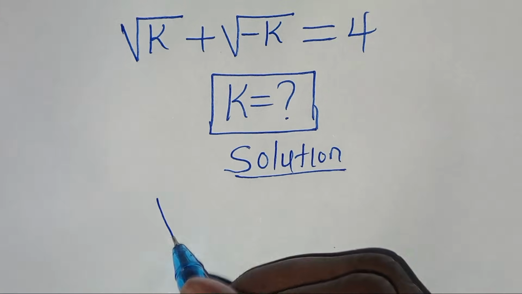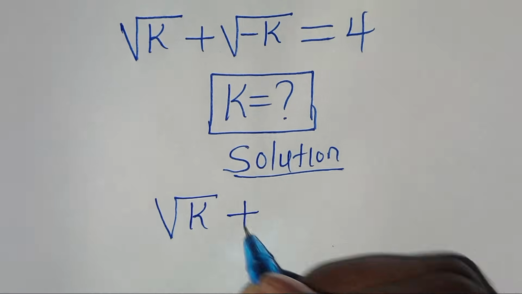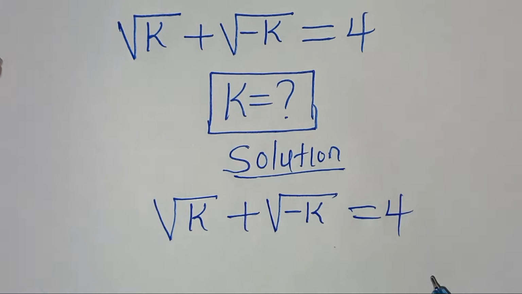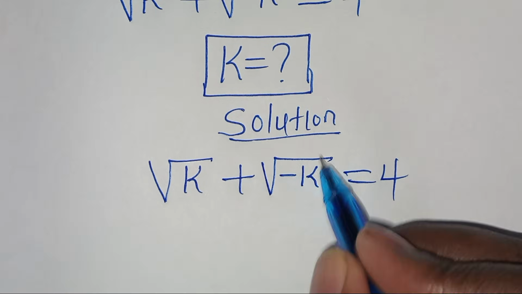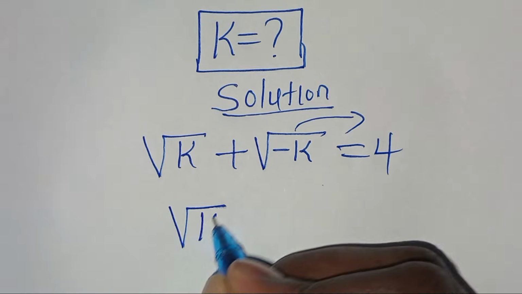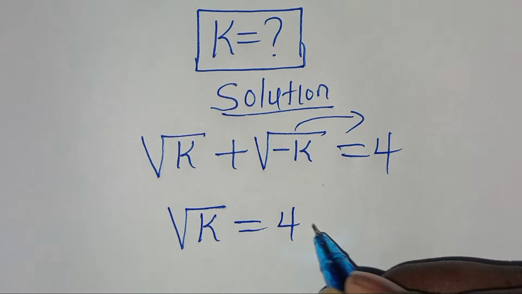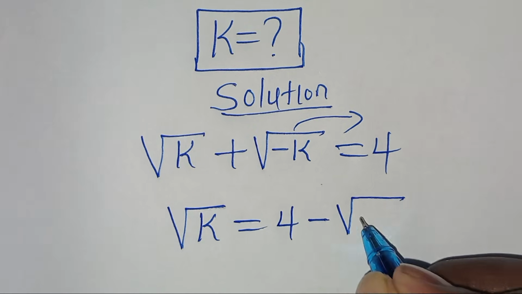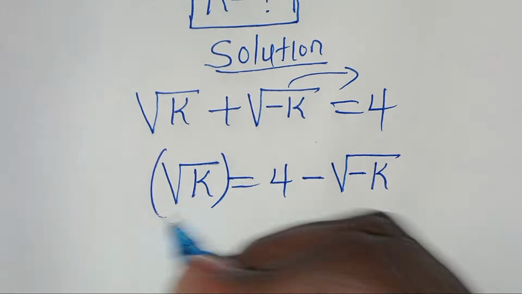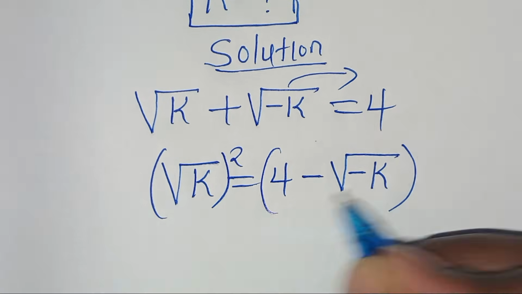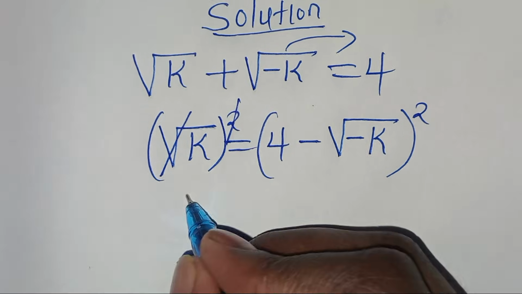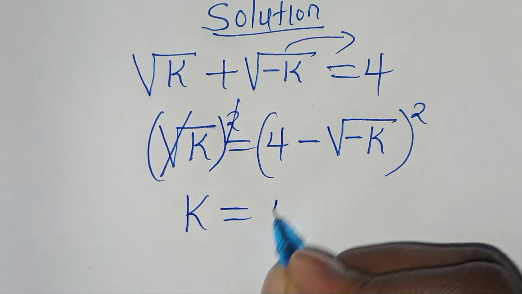We have the square root of k plus the square root of minus k. This is equal to 4. The first step is to take the square root of minus k on the right hand side, so that we have square root of k equal to 4 subtract square root of negative k. So the first step is to square on both sides. Let's square on both sides so that now we eliminate the square root sign here. So we have k is equal to